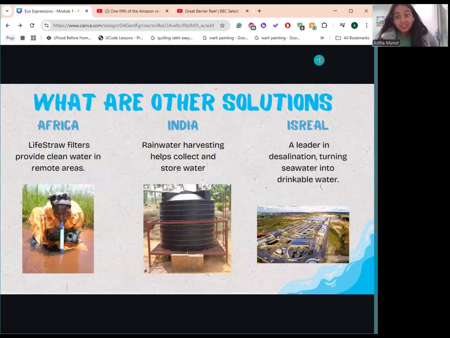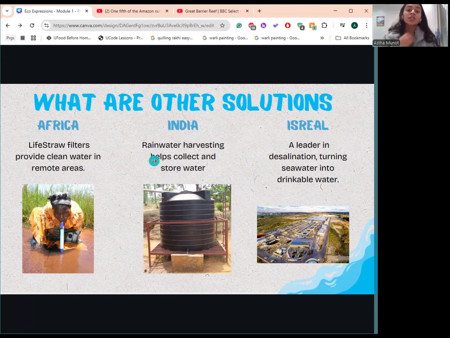So like you said, it's really important to understand what led to these issues so we can avoid having day zeros around the world. Like we don't have to face or go into the circumstances that Cape Town had to when they were approaching day zero. So what are some other solutions that other countries are using to combat the issue of water shortage and